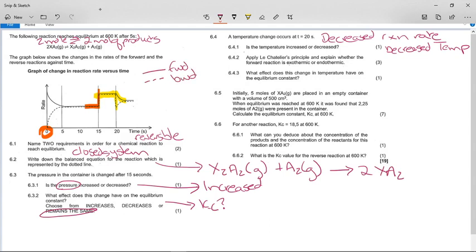So if you have a look here, the forward reaction dropped, but the backward reaction dropped much more. So both decreased, but the backward reaction decreased more. So if the backward reaction decreased more, it means the forward reaction was favored because the forward reaction is still going forward much faster than the backward reaction. Remember, when they're at equilibrium, they're going at the same rate, but now my forward reaction is being favored. So the forward reaction is favored